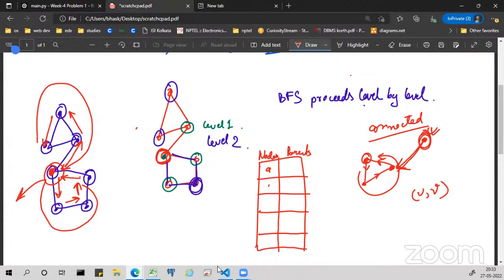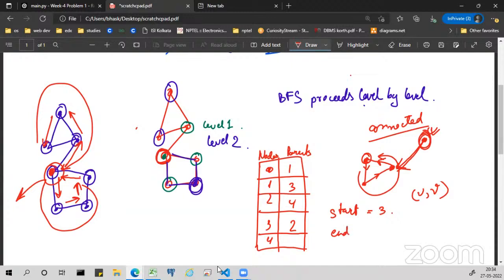So the nodes are 0, 1, 2, 3, 4, whatever, and here we have the corresponding parent. So let's say 1 is the parent of 0, then 3, 4, 2, whatever. Something like this. Now suppose my start is 3,